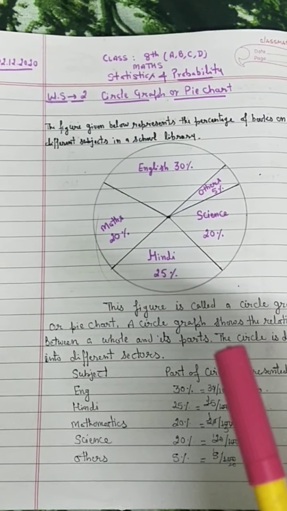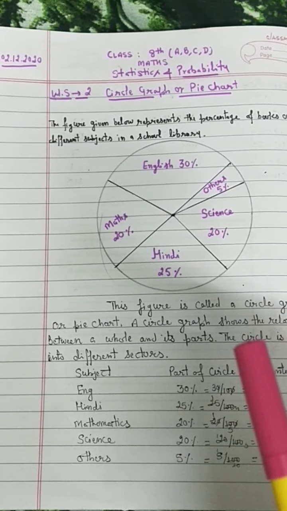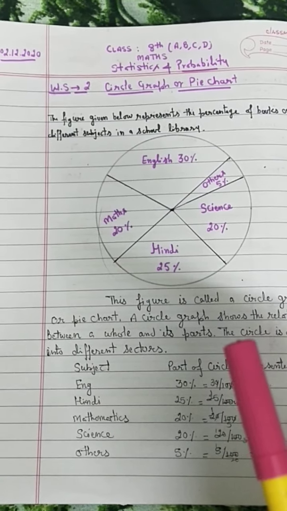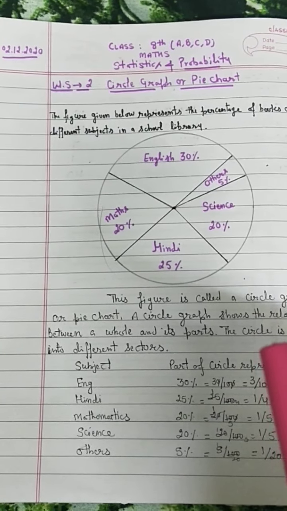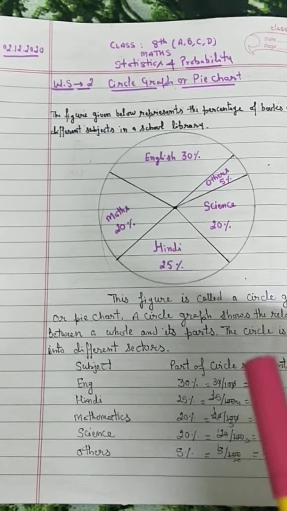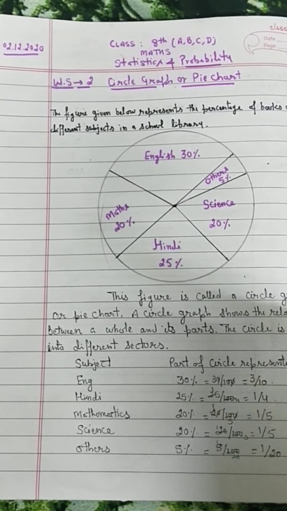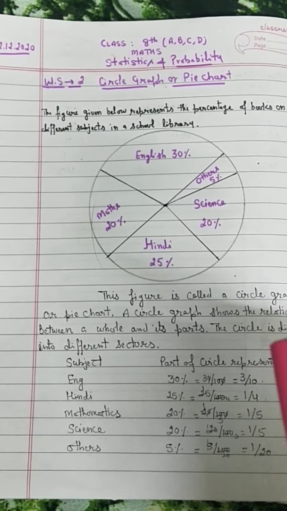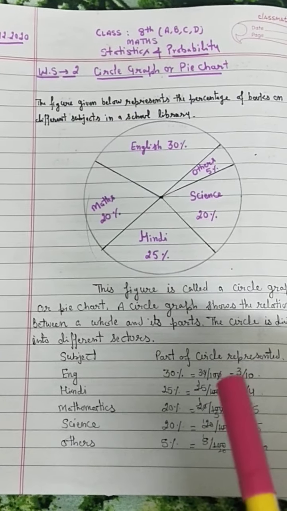Now I go for statistics and probability worksheet second and third. Today I am giving you all the introduction of this worksheet second and third. One example each of worksheet second and third, and you are to solve worksheet second and third yourself within 2 days. Tuesday and Wednesday, complete worksheet second and third.